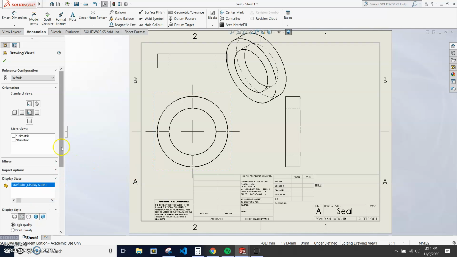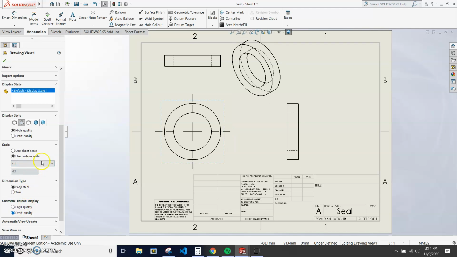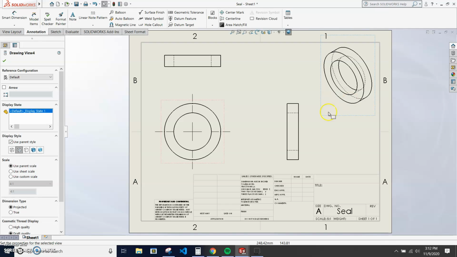And then I'm going to go down. I'm going to scale this thing too. So right now it's 5:1. I'm going to override that, and it should be under user defined. You can even put a 4 in here if you want, or you can come in here and put a 4:1. Right? And what that does, it shrinks it down a little bit because you need to have some room to add dimensions. Now there's not going to be a whole lot of dimensions in this drawing,